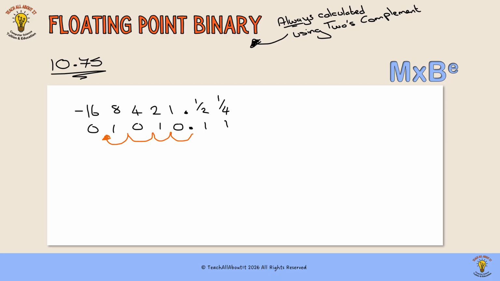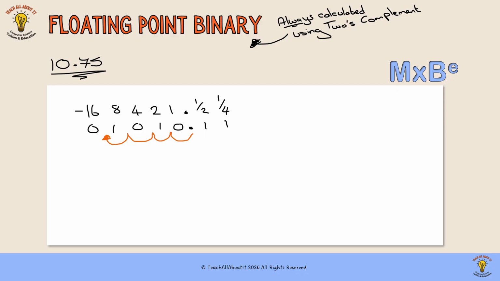This is called normalization when we talk about it in floating point binary. You can see there, I have drawn a wiggly line. In your exam, your examiner is going to be looking for that wiggly line because it's showing them that you understand that you are bouncing that decimal point from where it is in its fixed position over between the 0 and the 1. And the way that we then